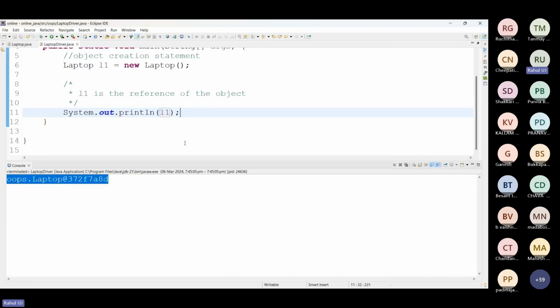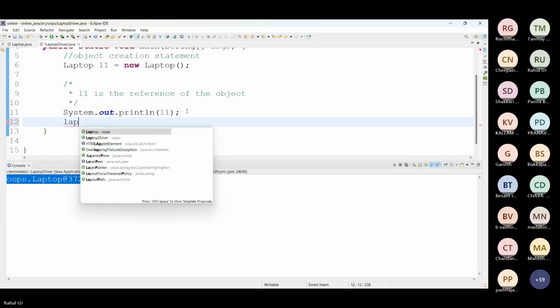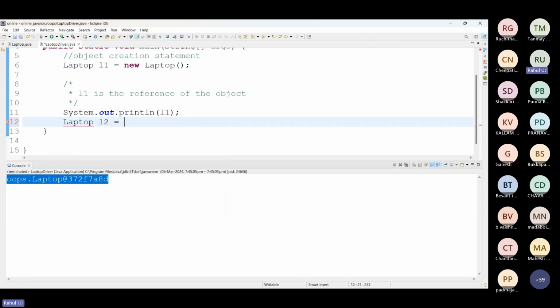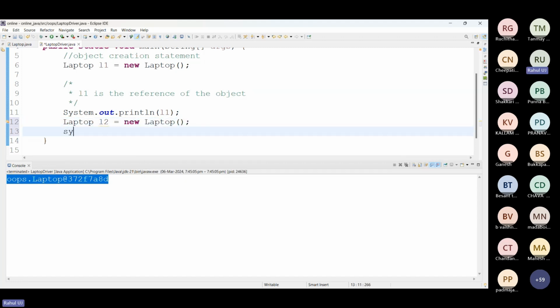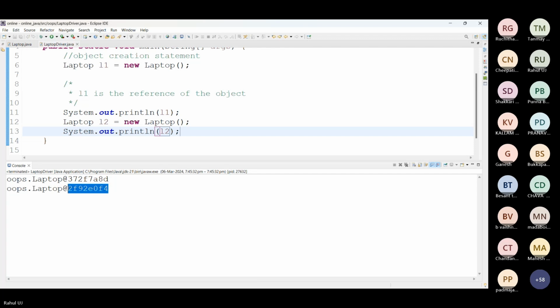Okay. So to show you, I will say L2 is equals to new laptop. L2. Observe here. Observe this number, especially these numbers. Are they both same?